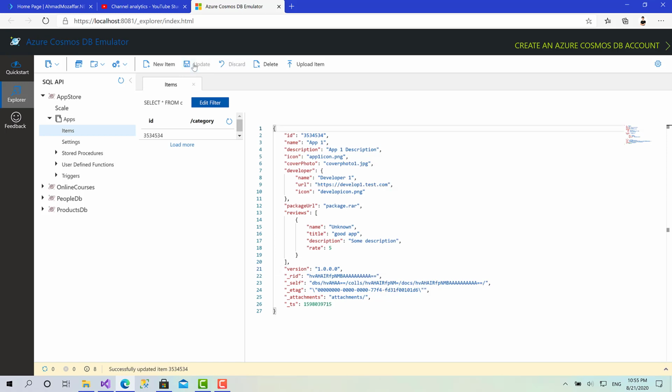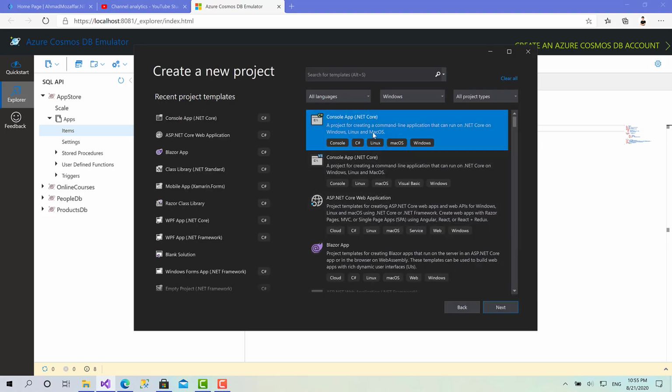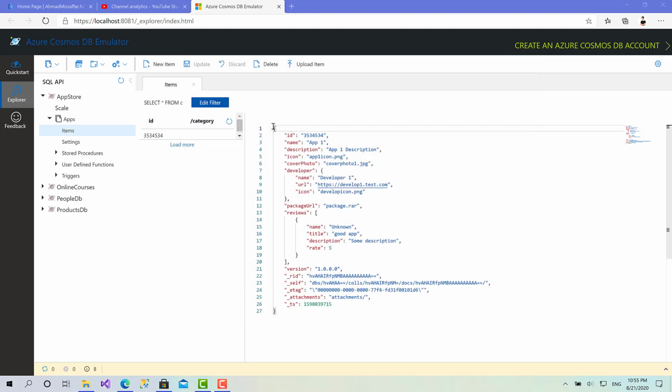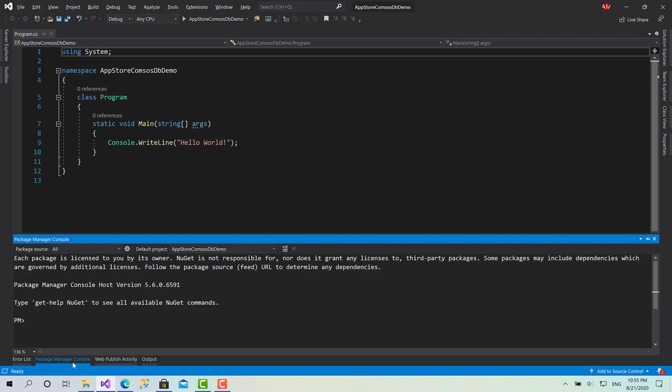So let's move right now to Visual Studio and see how we can deal with this database from a .NET client. I'll click on create a new project, and I will choose console app .NET Core. I will call it App Store Cosmos DB demo. Click create. That's cool. Right now, the first step we should take within the application is to install the SDK of the Azure Cosmos DB. We're going to install the library, install package,